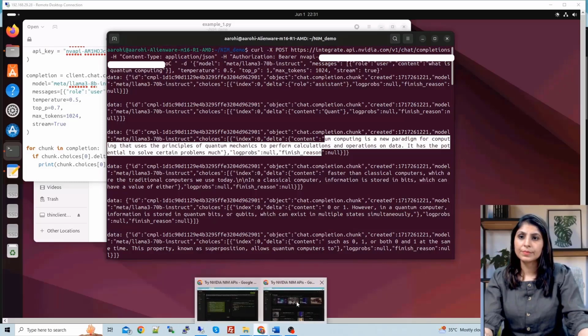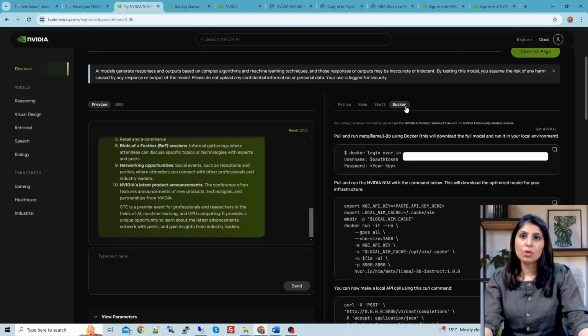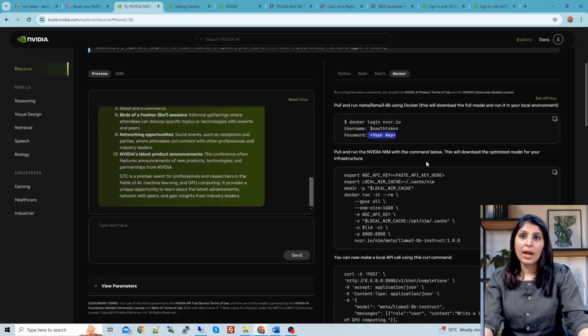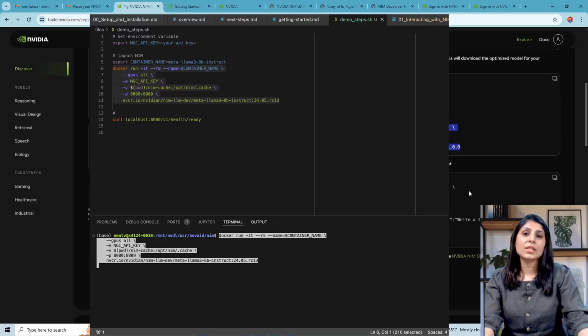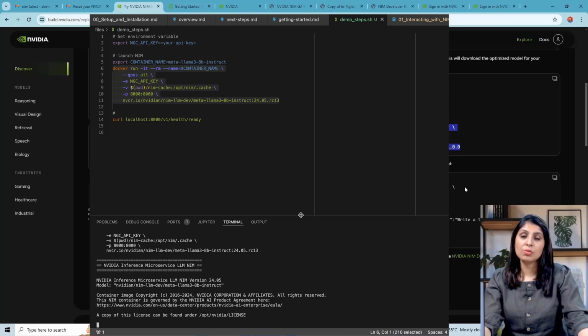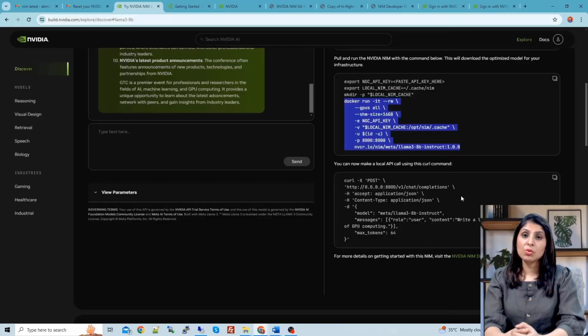Next thing is Docker. To work with Docker, make sure you have Docker installed. After that, run these commands one by one. You need to log in, and the username is this, and for the password you need to enter the API key which you have by clicking over here. And then here we are exporting our API key, right? And these are a few lines. You will execute them one by one, and then you will run the Docker like this, and you can see the model running on your machine using Docker. This is how you can use NVIDIA NIM.